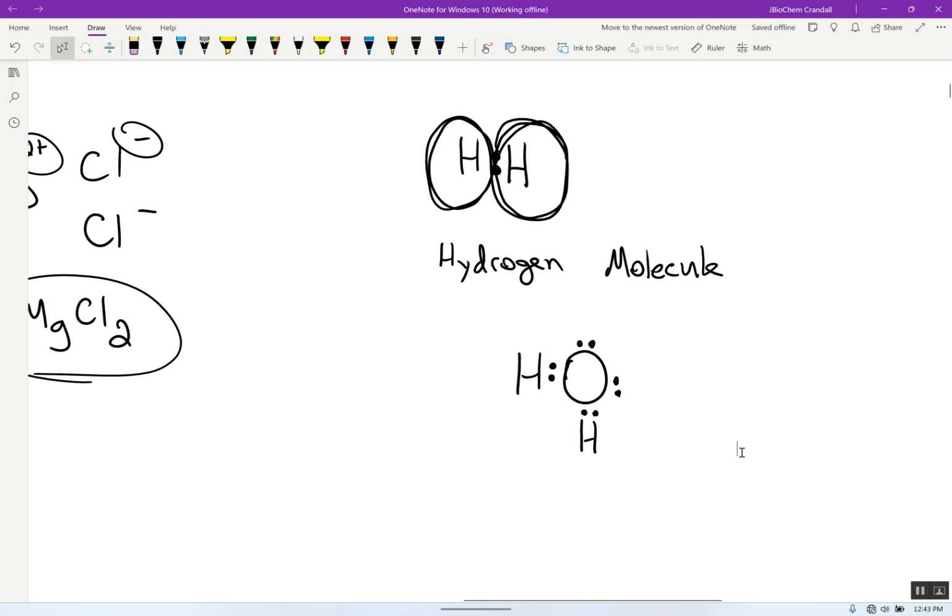And then oxygen has 8 valence electrons, right? And each hydrogen has 2, which is what hydrogen wants. Hydrogen wants just 2 electrons, that's all it wants. Oxygen wants 8. And so by doing this, they have shared their electrons, and now these 2 electrons will orbit